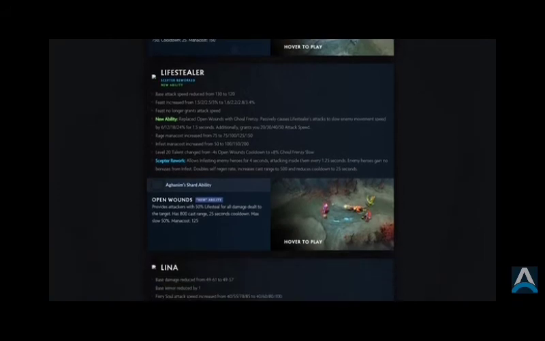Lifestealer. It has a new ability. Base attack speed reduced by 10. Feast increased. Okay, so it increased the Feast. Oh, but it no longer gives attack speed. Oh, well, there goes that. New ability is Ghoul Frenzy. Passively causes Lifestealer's attacks to slow enemy movement speed for 1.5 seconds. Additionally, okay, so